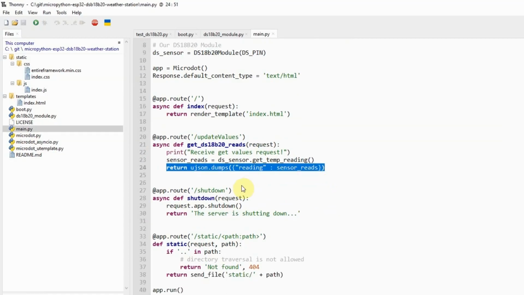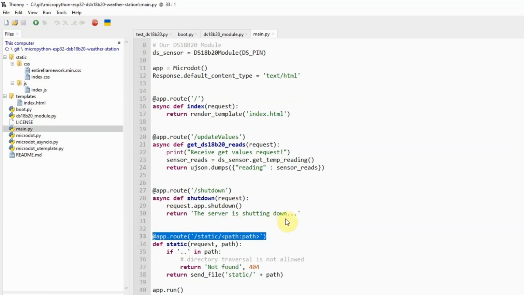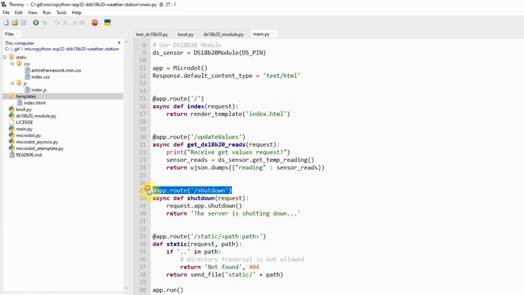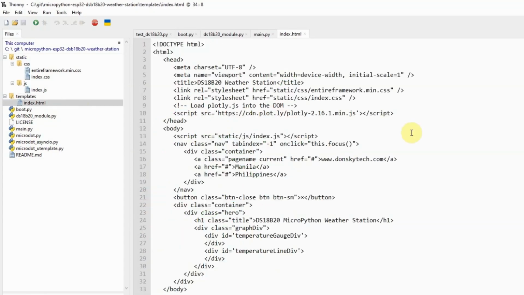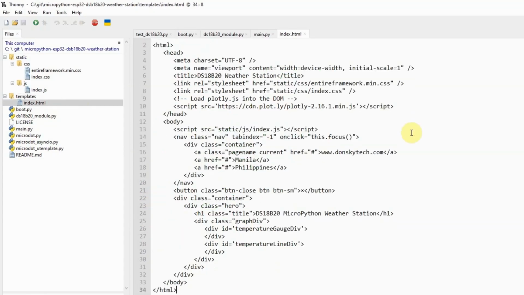The shutdown and the static path route are used for sending back the JavaScript and our CSS files in here, including the templates also, and at the same time, the shutdown is just a convenience method for us to shut down our web application. Our index.html page will contain the following important elements, which are the temperature gauge div and the temperature line div.